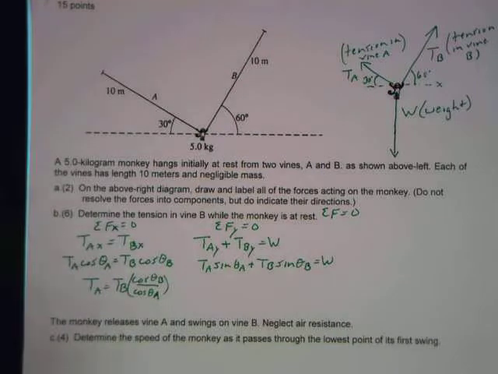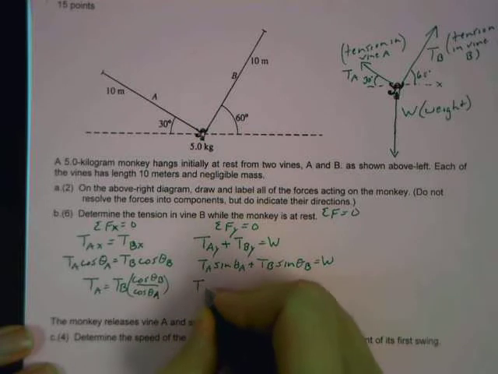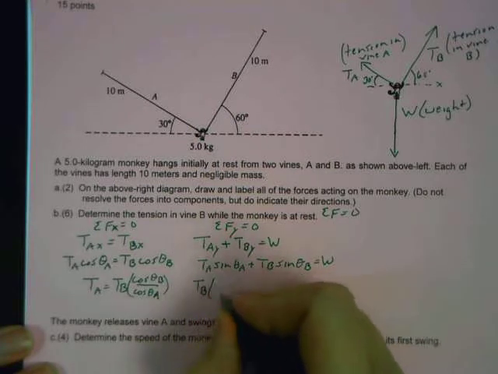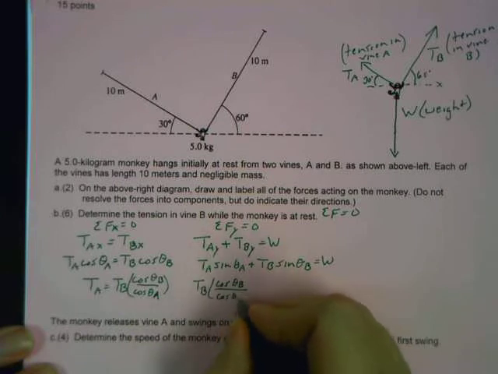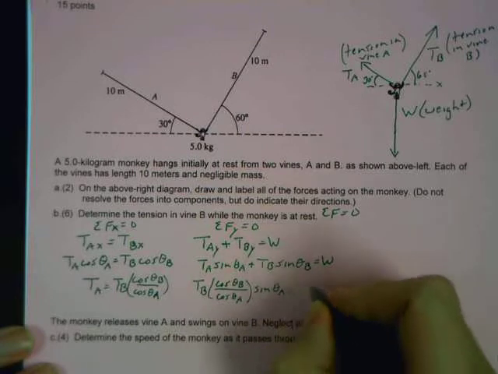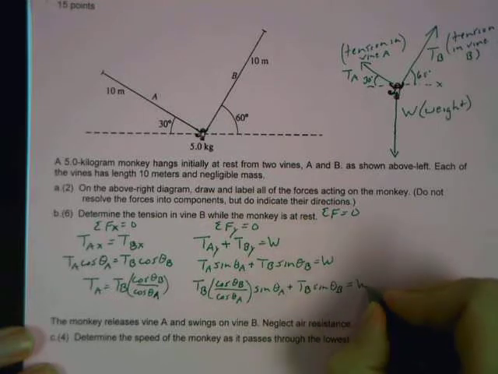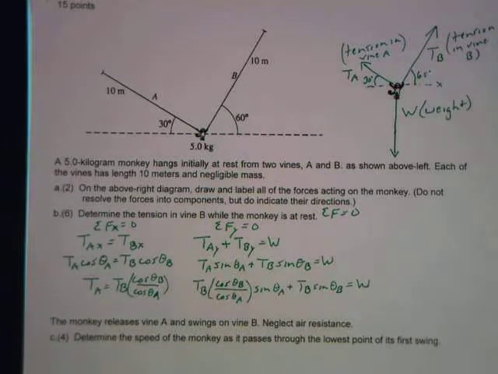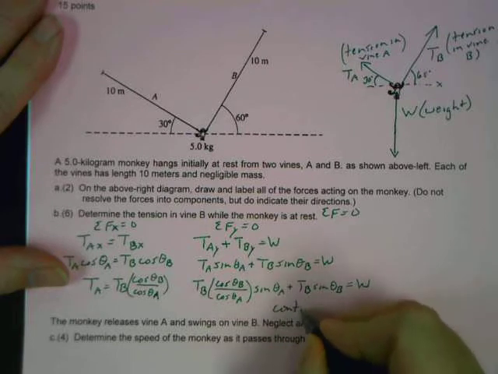We are now going to make our substitution from here over to here. So T sub A gets substituted, and we've got T sub B times that mess, cosine theta B divided by cosine theta A, times still sine theta A, plus T sub B sine theta B, all equaling W. All right, at this point, you should do something like continued